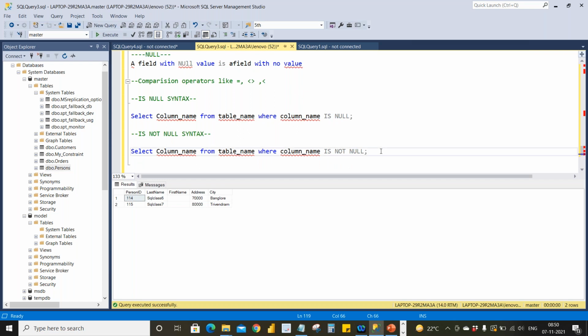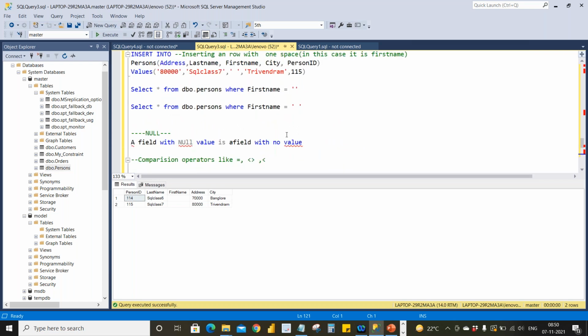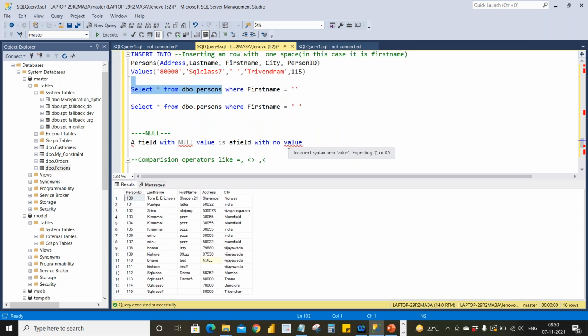So we will see in dbo.persons if we have any null values, and we will try to get them out. In address, I have one null value. We'll try to get it out.